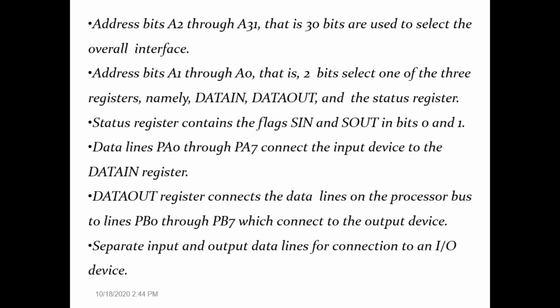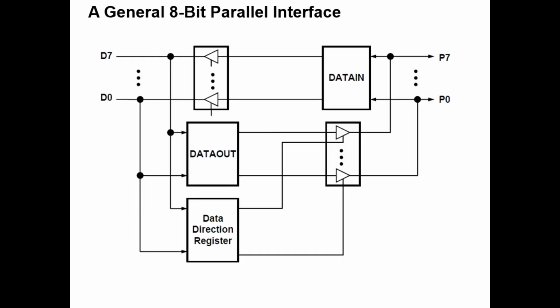So this is the theory about the combined interface circuit which I explained. We will go to one more slide where we discuss how the circuit can be reduced by introducing bidirectional lines which connect the interface circuit and the IO device. So this is a general 8-bit input output parallel interface circuit. Here we have introduced bidirectional data lines which connect the interface circuit and any input output device. So to the same P0 to P7 8-bit data line, we can connect an input device as well as an output device.